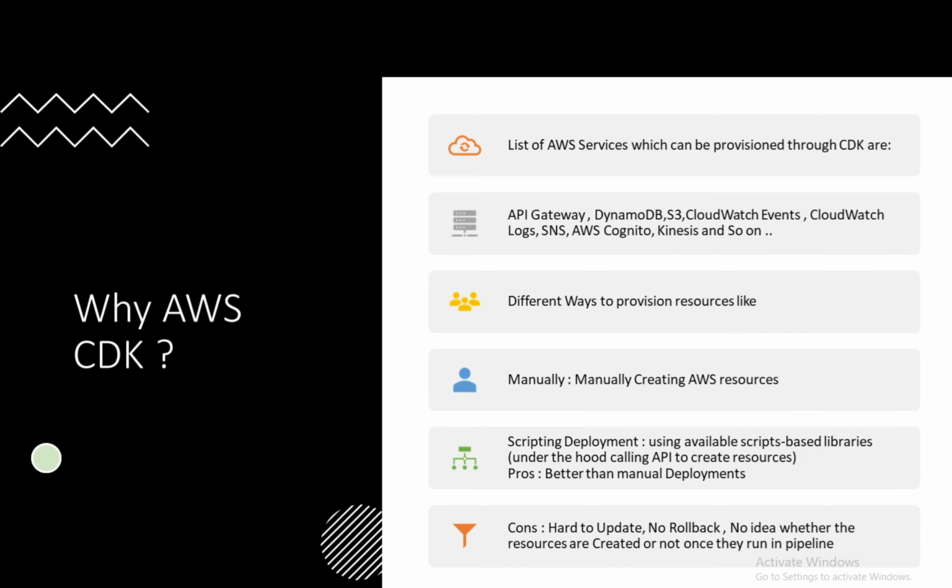Now, manually creating AWS resources means you log in to the AWS portal, you search for the DynamoDB service, and you create a DynamoDB table, where you create the partition key and hash key and so on and so forth. With the help of AWS CDK, we can create scripts: how to create a DynamoDB table, what should be the name of the DynamoDB table, what should be the partition key, what should be the hash key. Once you deploy that script, AWS CDK with the help of CloudFormation creates